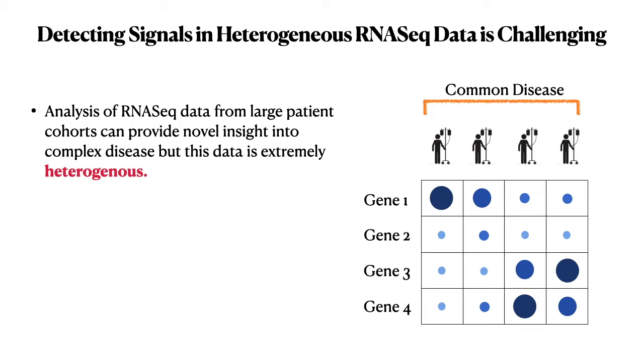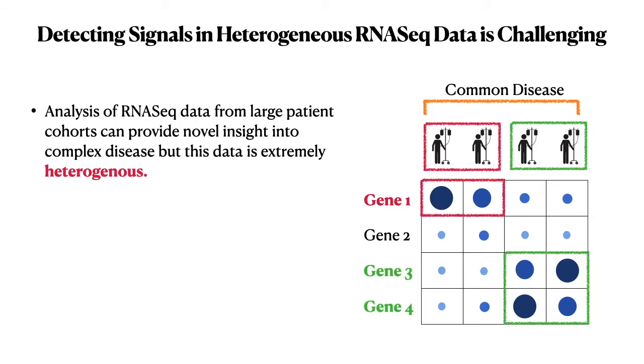However, extracting biologically meaningful signal, which can be defined as a transcriptomic measurement of interest that differs from some baseline level, is challenging due to the inherent heterogeneity of the data. Specifically, as illustrated in this figure on the right, although all patients in your dataset share a common disease state or phenotype, a different subset of genes can be perturbed in different patients, resulting in distinct genetic subtypes of the disease. Therefore, unsupervised stratification of a patient into discrete units characterized by similar transcriptomic perturbations is a crucial step in making sense of the heterogeneity in this data.